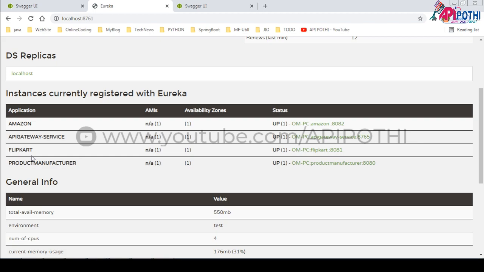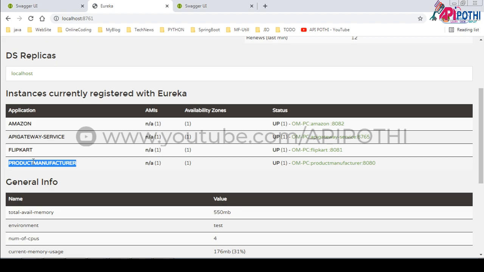Now we are going to test whether our API gateway is working successfully or not. In order to do that, first we will go to Flipkart or Amazon, because Flipkart and Amazon are only making a Fin call to the product manufacturer. So product manufacturer is another microservice, Flipkart is another microservice, Amazon is another microservice.